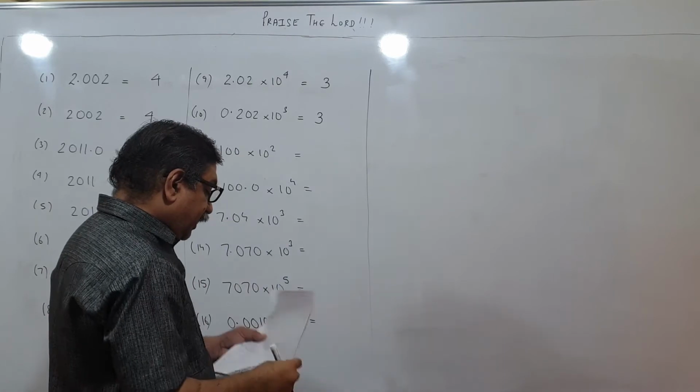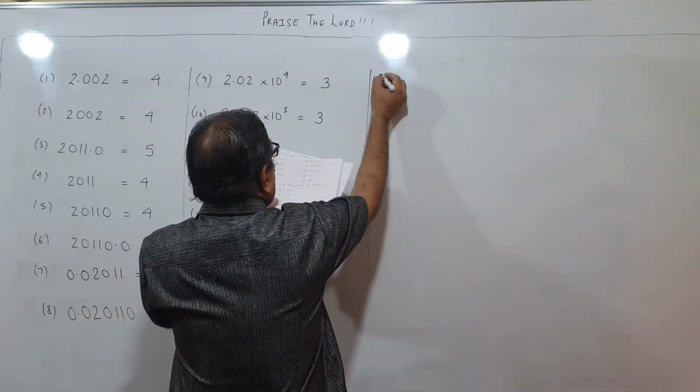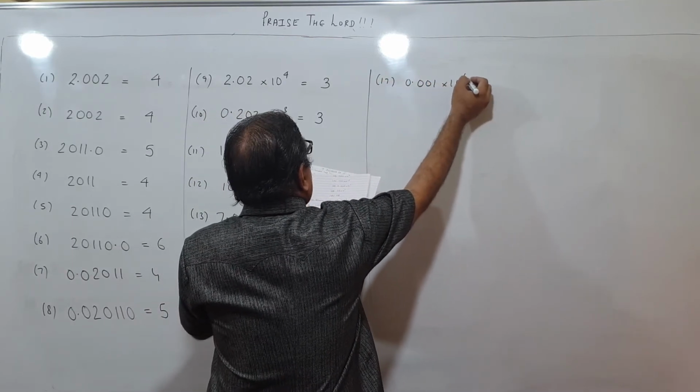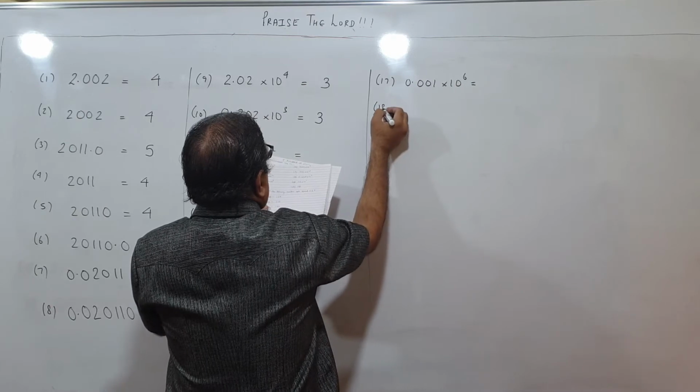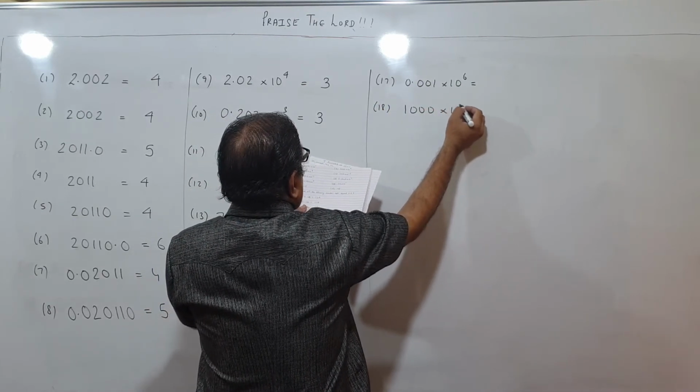We should get a very good practice. 17.001 into 10 raised to 6, 1000 into 10 raised to 5,